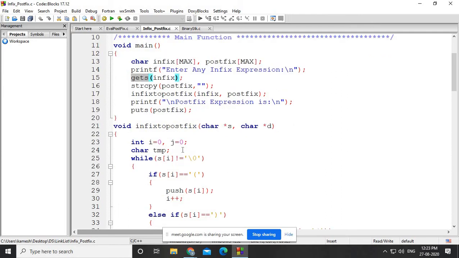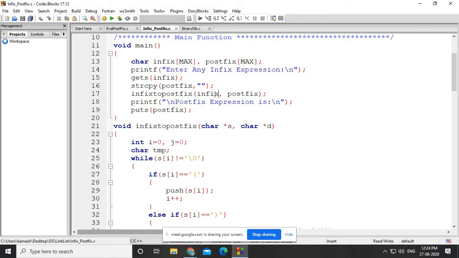Now what we do is we are just clearing the postfix array. Suppose after declaration any garbage value is there in the postfix, that gets cleared, because we are copying a null string into the postfix. Now you need to call a function called infix to postfix, and here I am passing both arrays, infix and postfix.